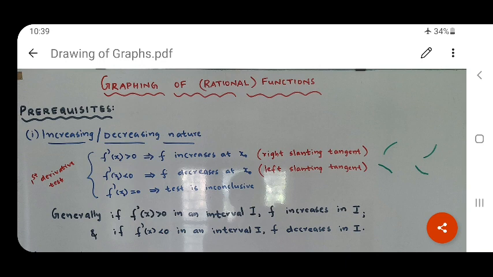First concept required is the increasing and decreasing nature of functions. So we know that a function f is said to be increasing at a point x naught if f dash x naught is greater than 0, and if f dash x naught is less than 0, the function decreases at x naught. This is the first derivative test, and of course if f dash x naught is equal to 0, the test is inconclusive. So observe that if f is increasing, then the graph will be